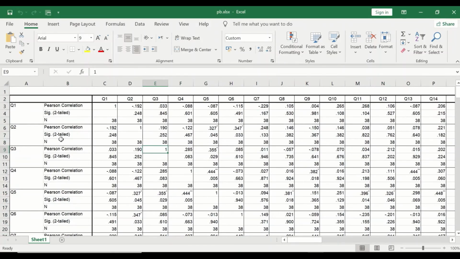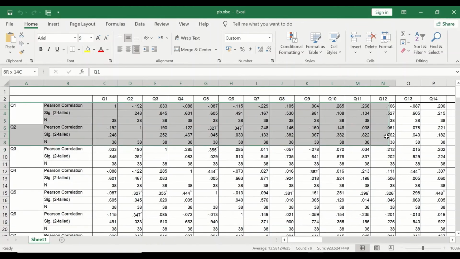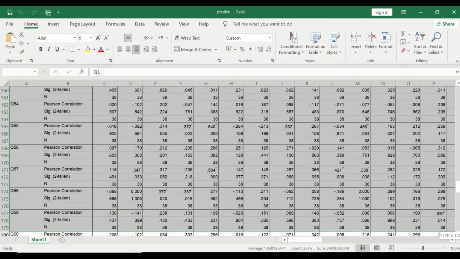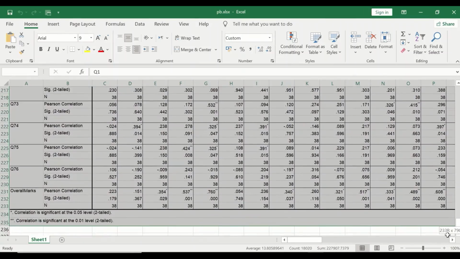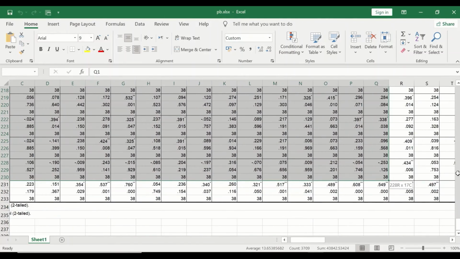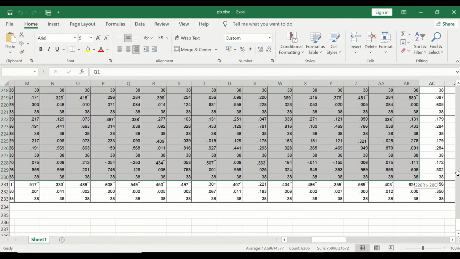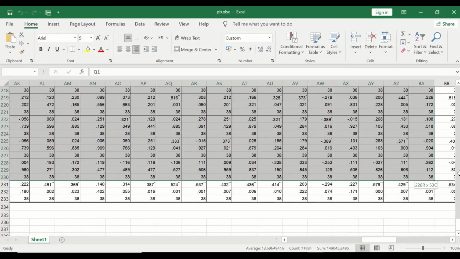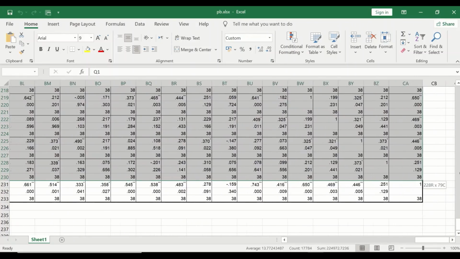But I'm going to keep the question number 1, questions or items, and delete the rest. I'm only interested in the correlation between the questions and the